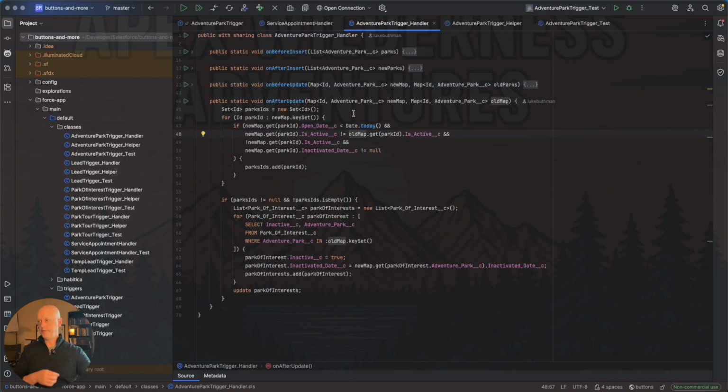One thing that I want to fix here, there's a couple things that stand out. First, we're passing in a new map. Why? I don't know. It's kind of pointless. We don't really need it. We're mapping over the key set to get the ID, and then we use the ID to get the list item. It's pointless in my book. So let's go ahead and change that. Let's make this a list. We'll call this new